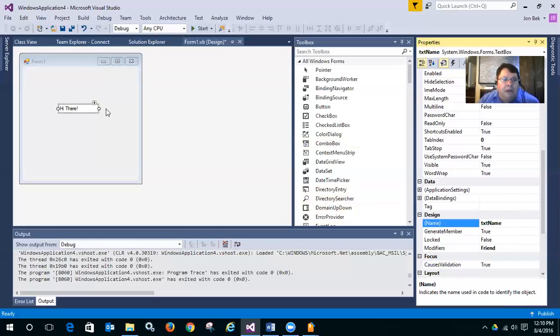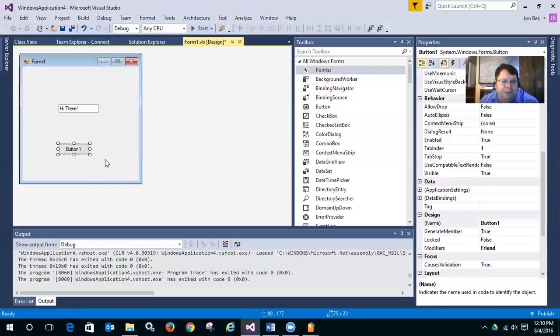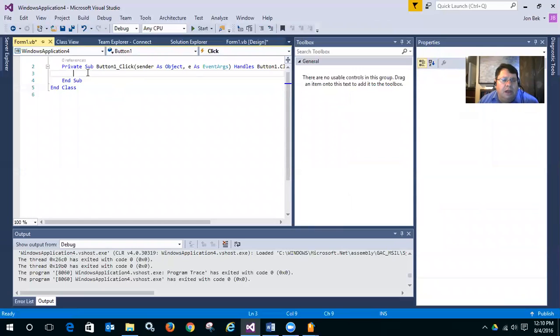Okay, so let's see how we interact with the text box. The kind of surprising thing is that when you're interacting with the text box, most of what you are going to be coding are not the events of the text box, but actually the events of other things that are working with the text box. So let's go ahead and drag a button out here. If I double click that button, I will get the click event in the code editor, and let's change it so txtName